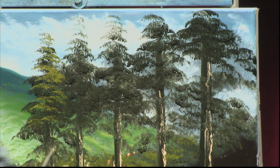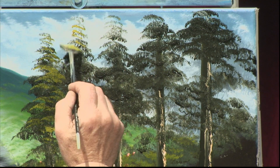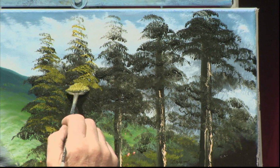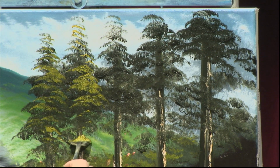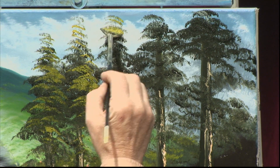And be careful now, because this is where people fall into the trap. There. Treat every tree individually and mind the dark then. There's actually more dark than lighter. And here,